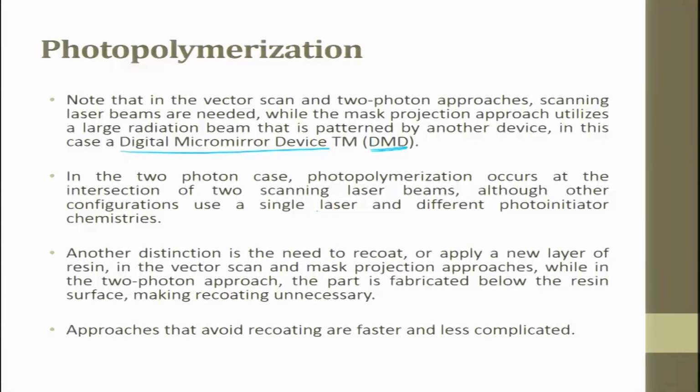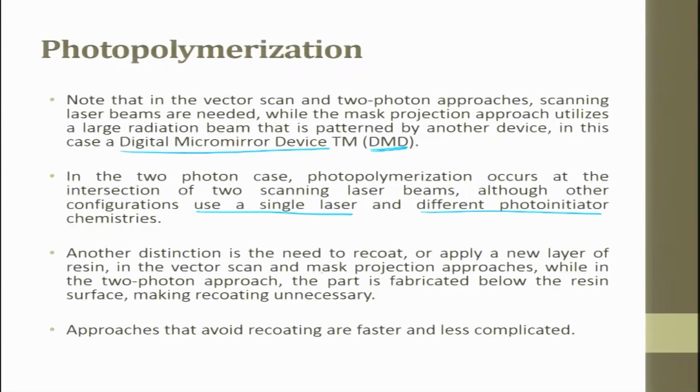In the 2-photon case, photopolymerization occurs at the interaction of two scanning laser beams, although other configurations use a single laser with different photoinitiator chemistry. Both vector and mask use a single laser and different photoinitiator chemistries. Another distinction is the need to recoat or apply a new layer of resin in the